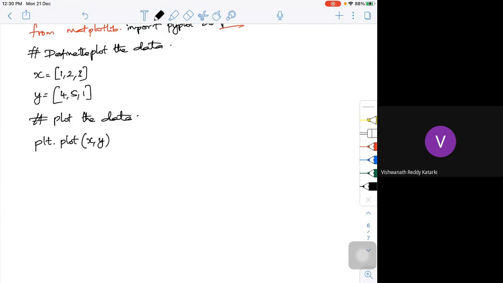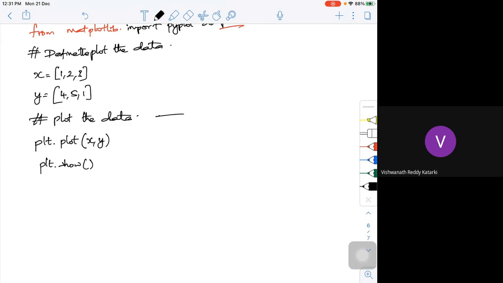Now look at this particular simple command, plot x, y. I will not define any line width and all those things. Once you have defined this plot, I need to show it. So the next line I'm going to use plt.show. Without this, I won't get any output. So this should come at the last, after your plot.